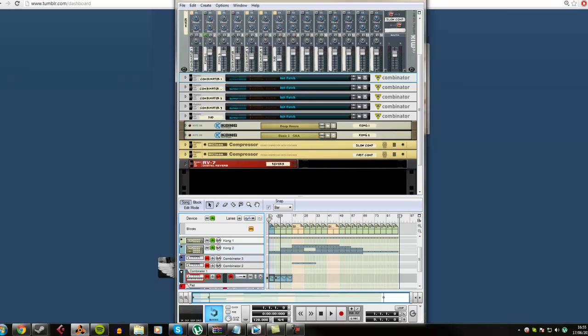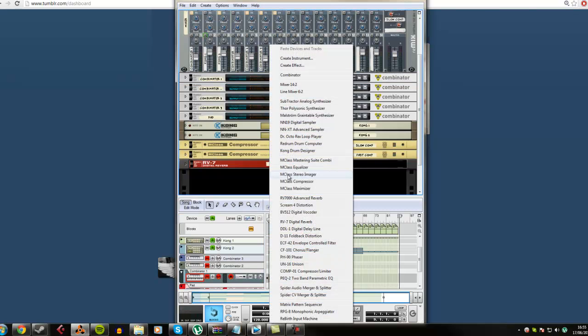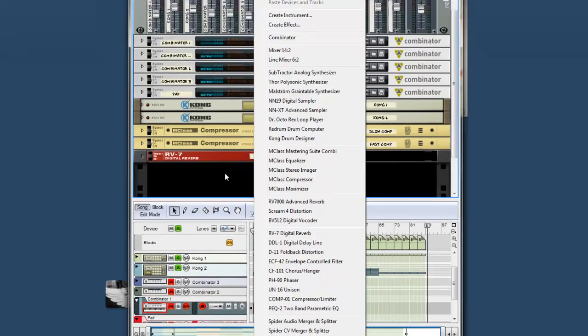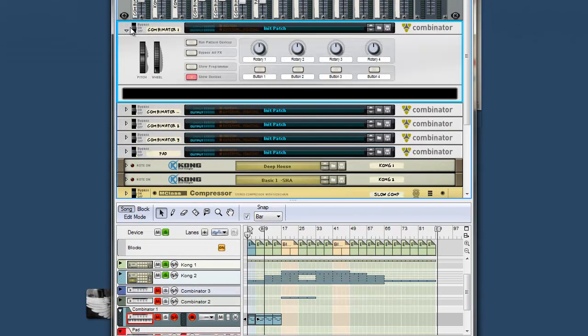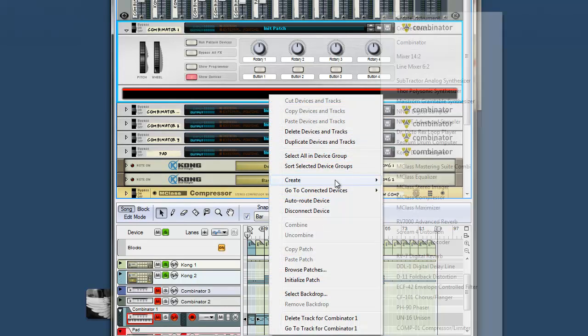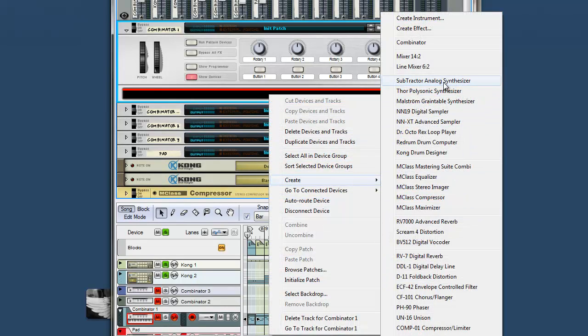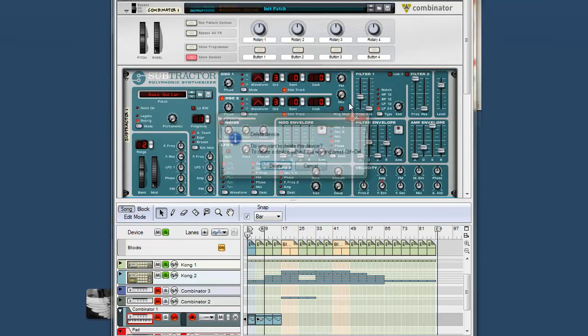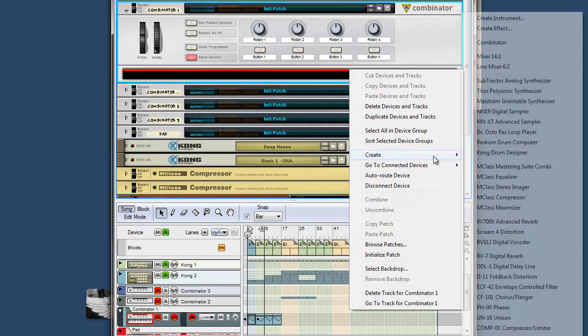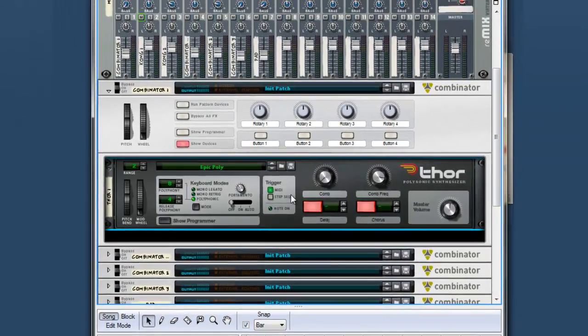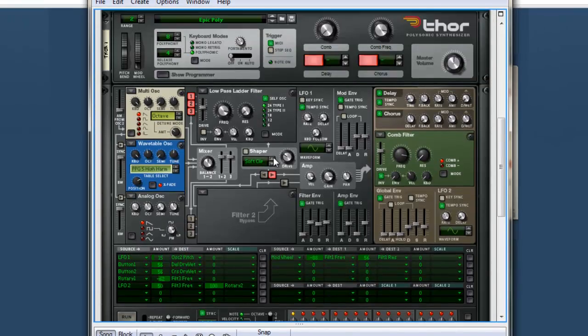So when you first start making a synth in Reason, you create a combinator, which I've already done here. We've already got one set up, and we've got a selection between 3 different synthesizers. We've got the Subtractor, which looks like that. We've got the Thor synthesizer, which looks like this,